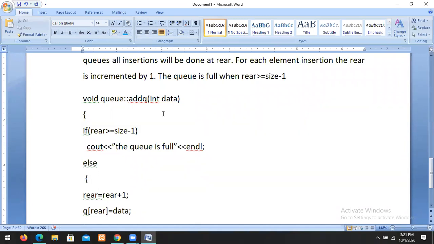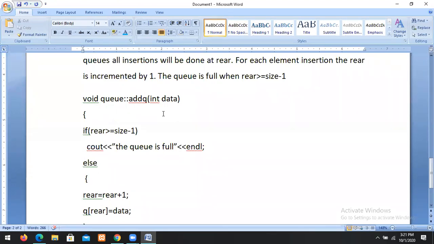If we declare the size as 20, we can insert only 20 elements in the case of arrays. In the case of a linked list, there is no such problem because the storage will be allocated dynamically. While in the case of arrays, the storage will be allocated statically and the programmer must declare the size. If we declare the size of the array as 10, we can insert only 10 elements. If we declare the size as 20, we can insert 20 elements.